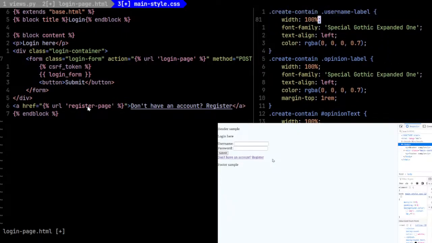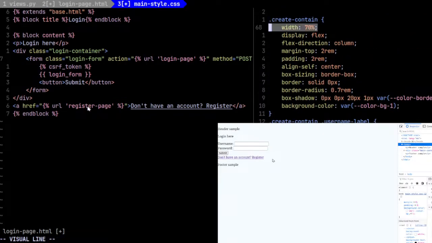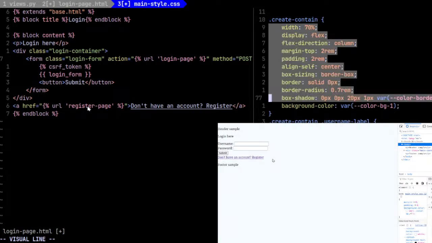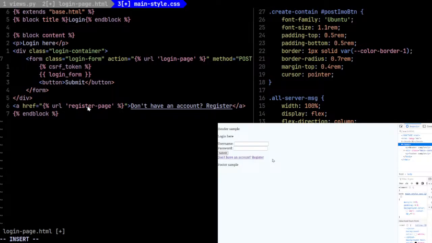So what we need to do is just leave this, then go to the very bottom and put here